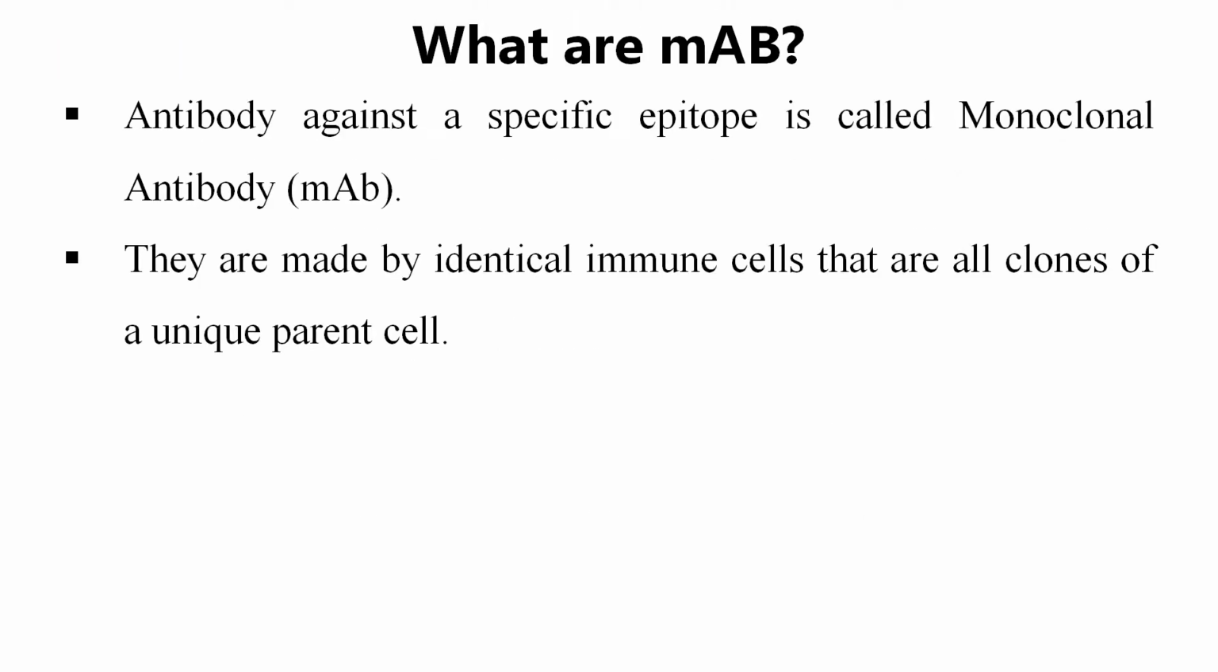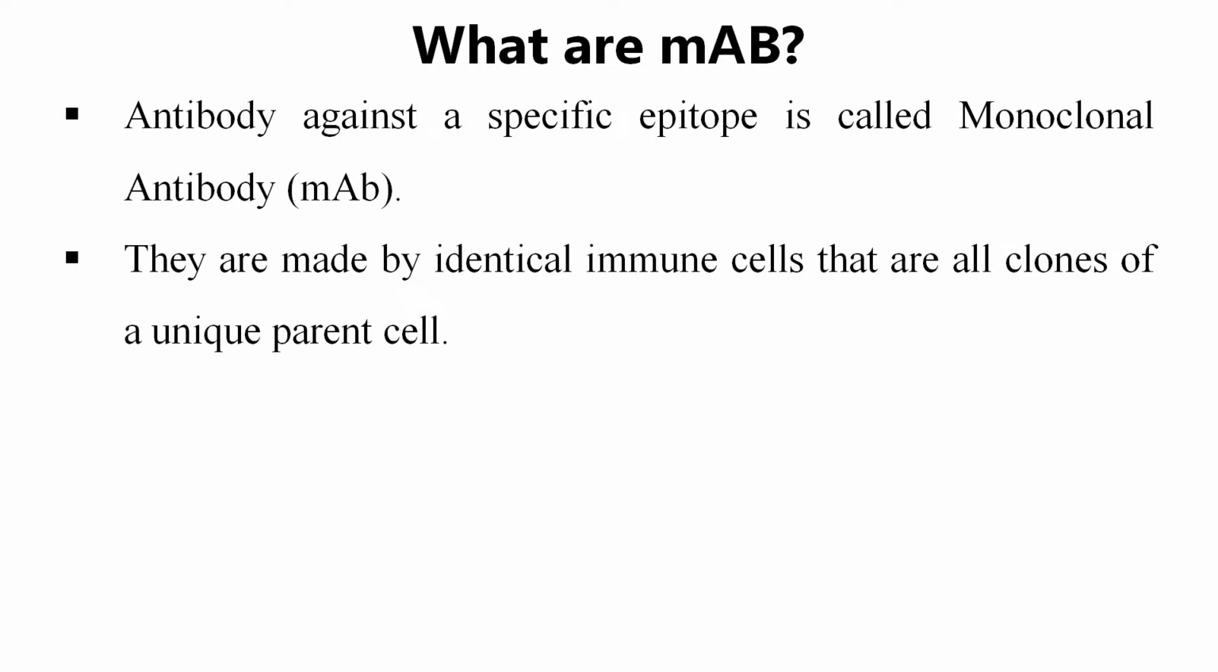So what are actually these MABs or monoclonal antibodies? Any antibody that is specific against a single epitope that is present on an antigen is called a monoclonal antibody. So you have that in your name. Mono is single and clonal means they're produced from one single parental B cell. So they're all clones of a single parental B cell that is highly specific to one single epitope on an